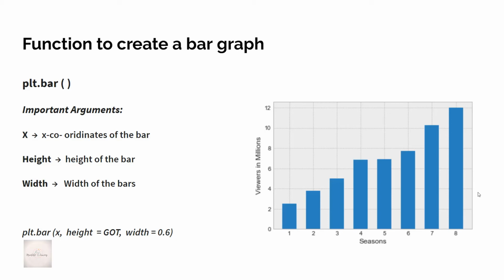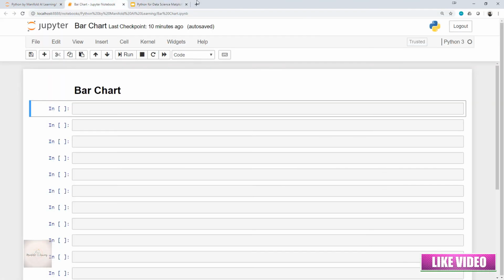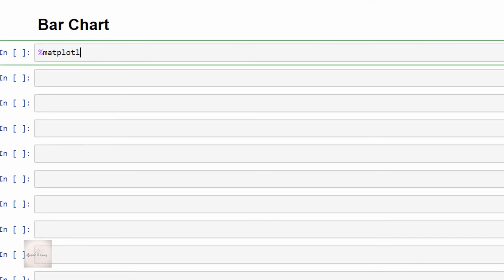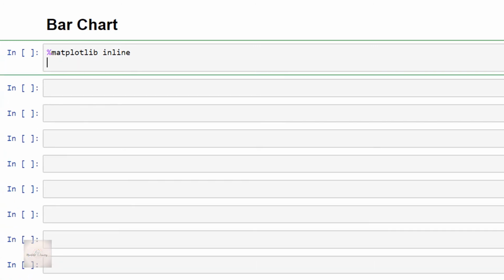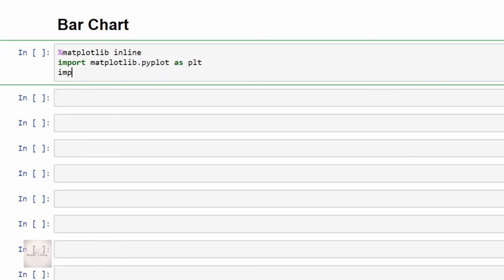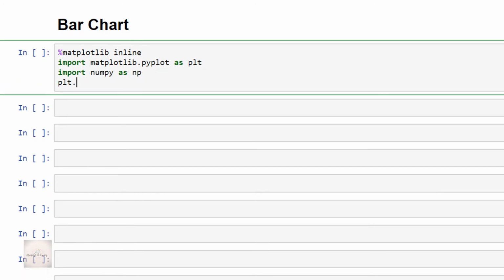So guys, let's explore more on this with real coding. Let's go to our place, that is Jupyter Notebook. Here, I'll start by importing certain things which are needed, that is percent matplotlib inline, then import matplotlib.pyplot as plt, then import numpy as np, and then plt.style.use.